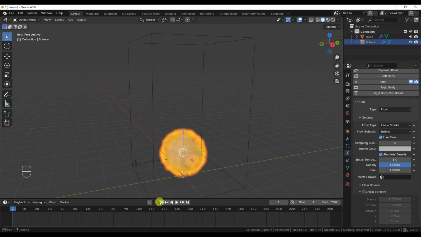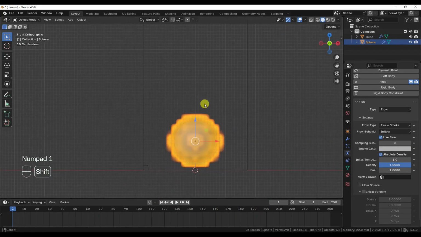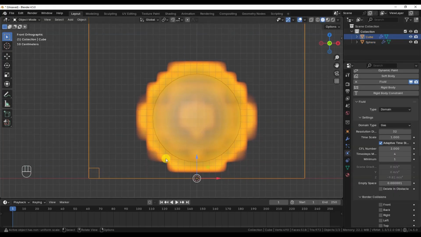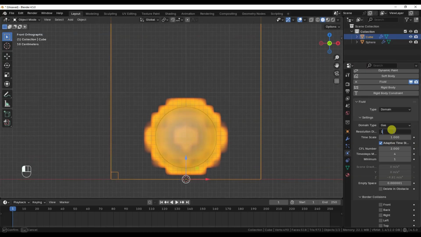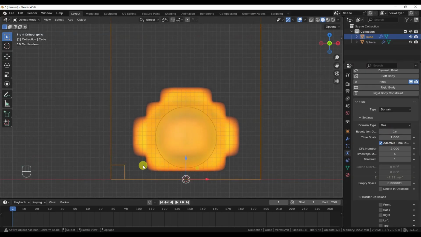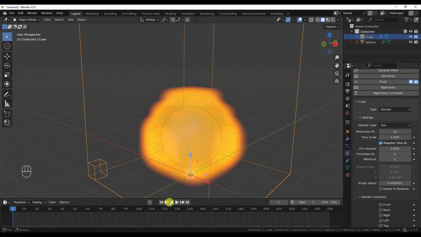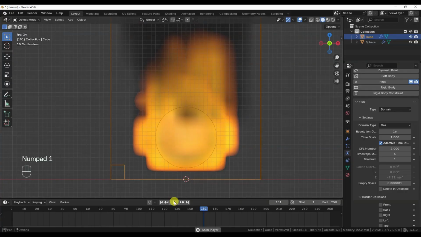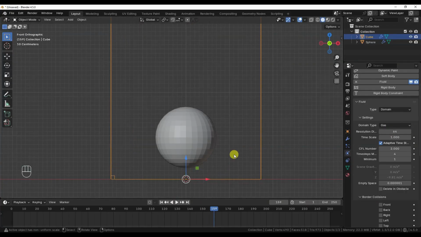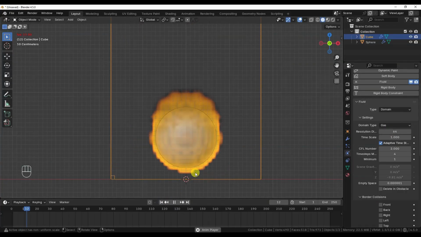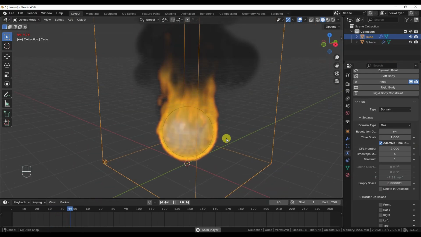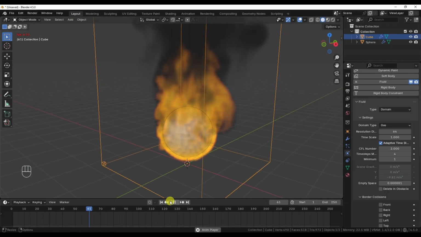You may have noticed that the flames, especially at the bottom of the object, look a bit too blocky, or rather cubical since we're in 3D. The reason for this appearance lies in a domain parameter called resolution, which determines how the domain's volume is subdivided into small cubes. This resolution is visually represented by the little cube that appears in a lower corner of the domain. In fact, especially with low resolution values, you can clearly see how flames and smoke are divided into cubes of that size.